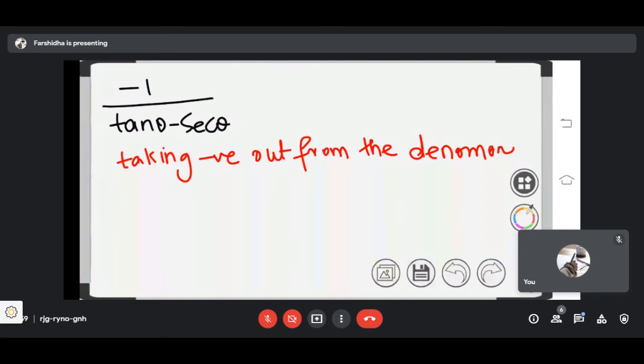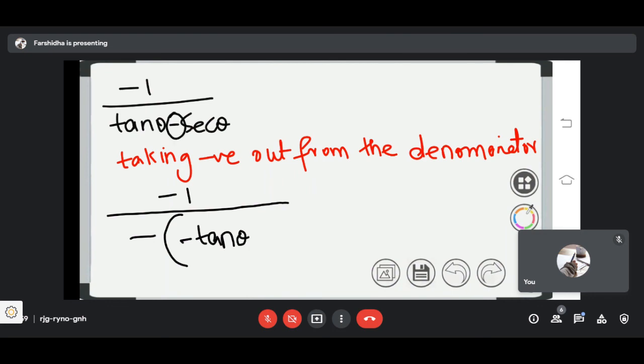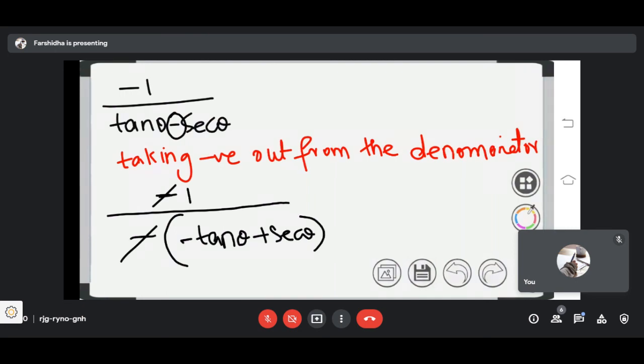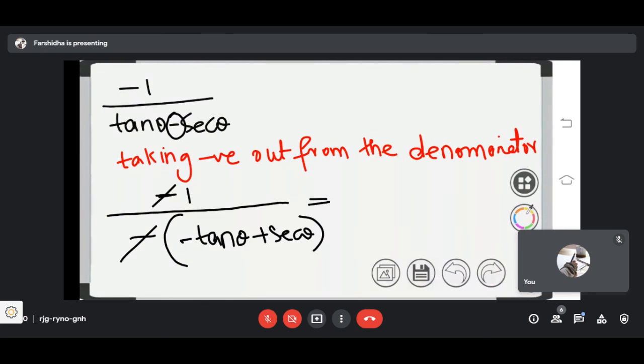Denominator. Minus 1 divided by, I'm taking the negative sign from the denominator. That means negative out. Inside the bracket, all the signs change. So tan theta is positive, so inside the bracket, it will be minus tan theta. Here you can see sec theta is minus. So when I take negative out, sec theta will be plus sec theta. Now see, negative got cancelled. Outside the bracket, both the negative from the numerator and from the denominator got cancelled. Now what is remaining? 1 by